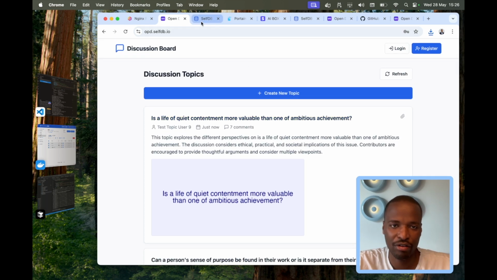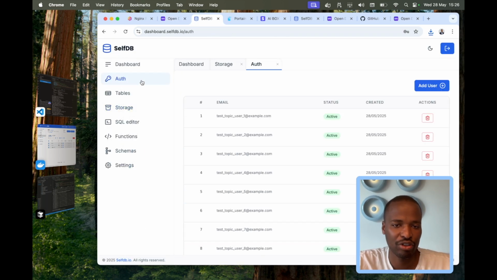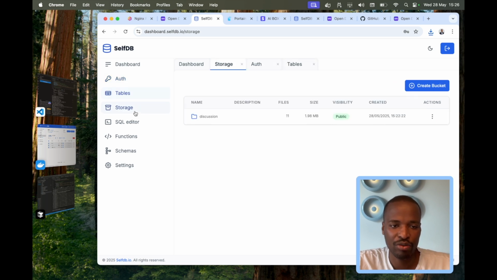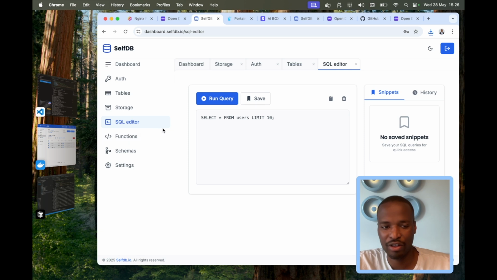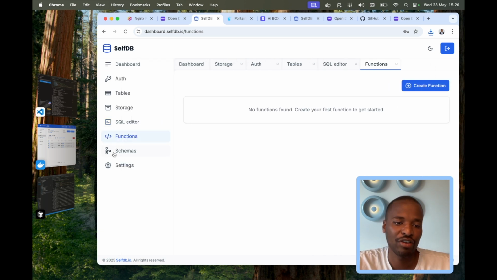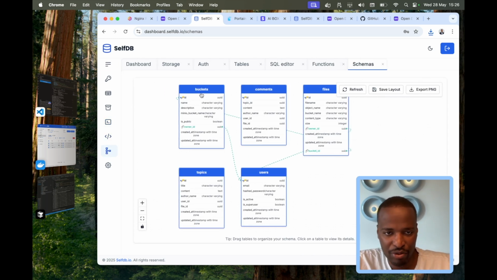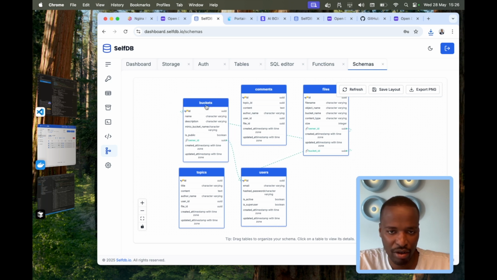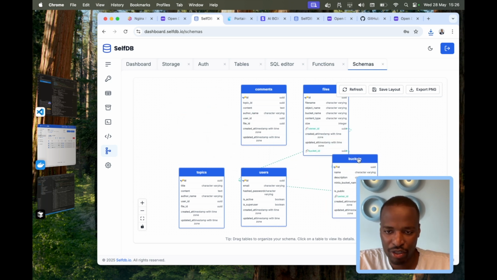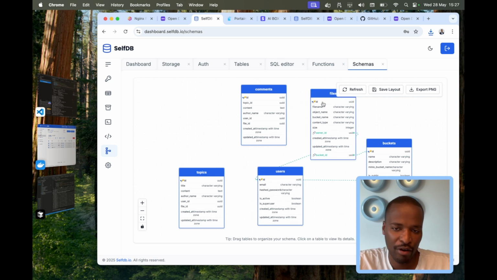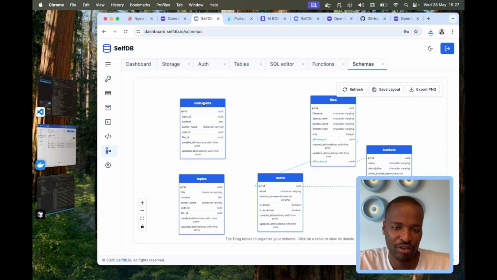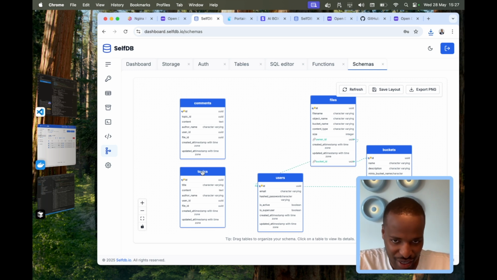and you do have all the functionalities we had. We still have auth, we have database, we have storage. We actually also have our SQL editor, doesn't work any different than any other SQL editors, and we have functions, and we also have schemas that help you see what is running currently. We do have the user model, we have the files. This is for our file microservice, and we have the comments and topics, and they're not related like these other ones because these